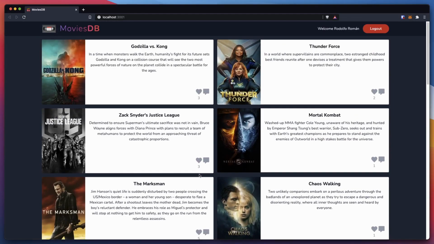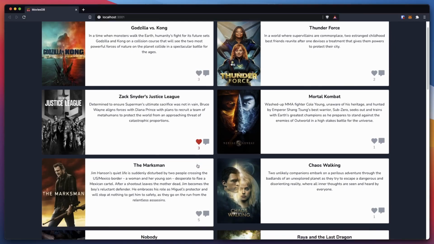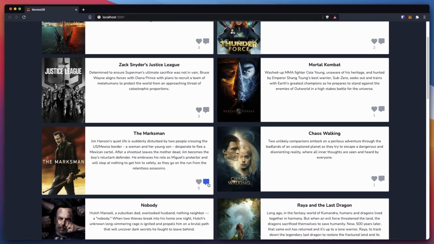I'm thinking that we'll be splitting it into four parts. The first one will be the layout with the authentication. The second one will be the movies API. The third one will be the likes section, and the fourth one will be Firebase. During those 4 videos, you can skip any of them if you want. If you don't want to go through the process of creating the layout, that's okay. If you want to come up with your own layout, you can do that. If you want to see how to make the application call the API,